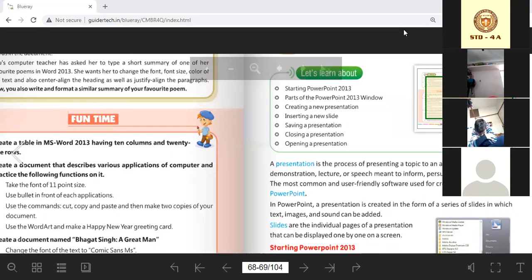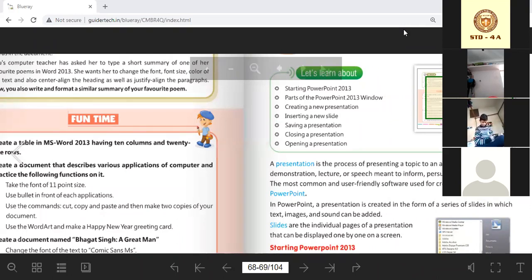Now what are presentations? You must have seen that we present you some PPT presentations, that is known as PowerPoint presentation. They have images, with some images we write something, and we have slides. Like in your book we have pages, right? You have page number 1, page number 2, and these pages contain some written information and some picture information, right? If you see page number 69, you have some pictures also.